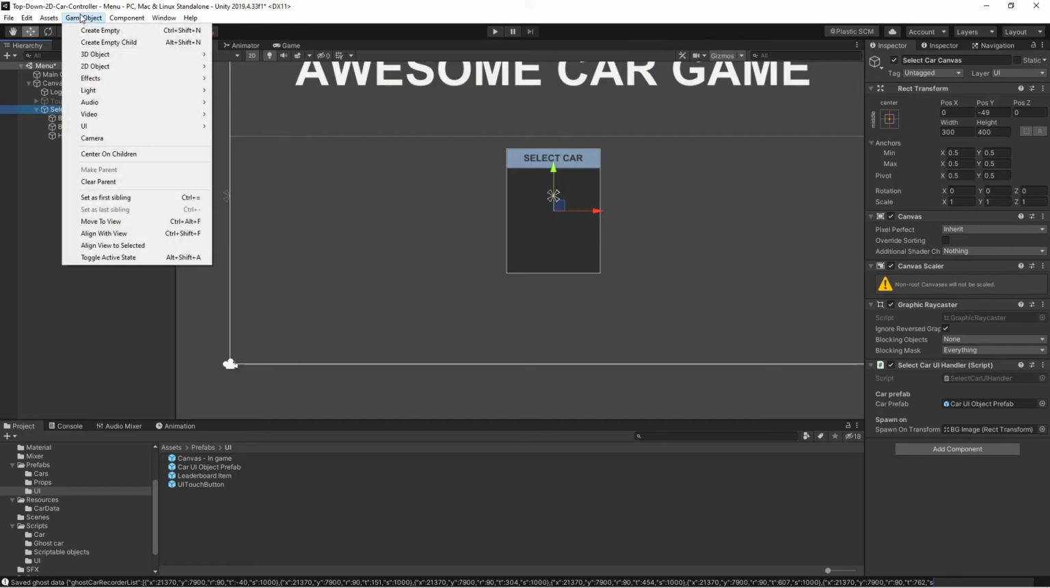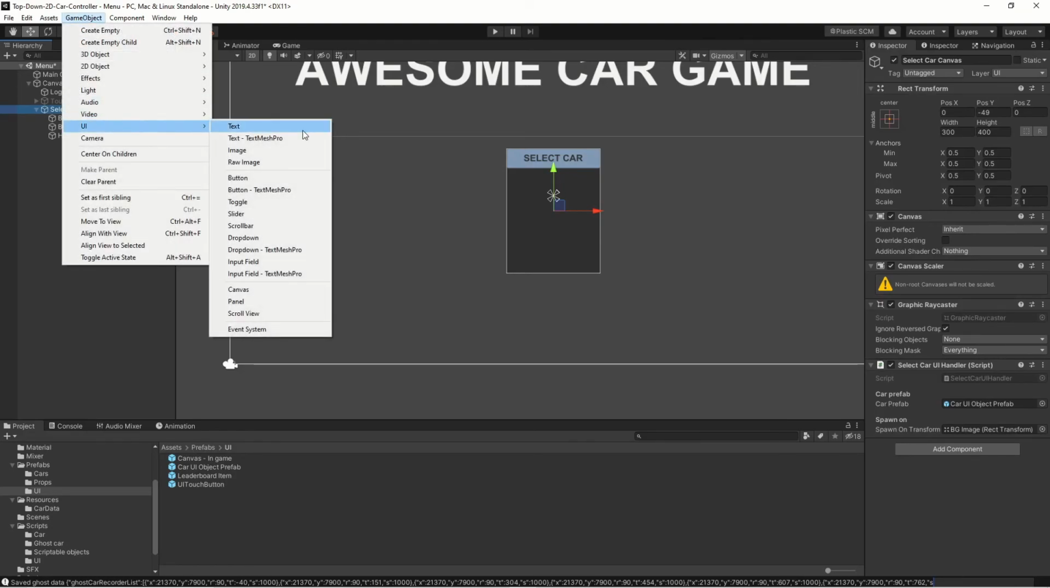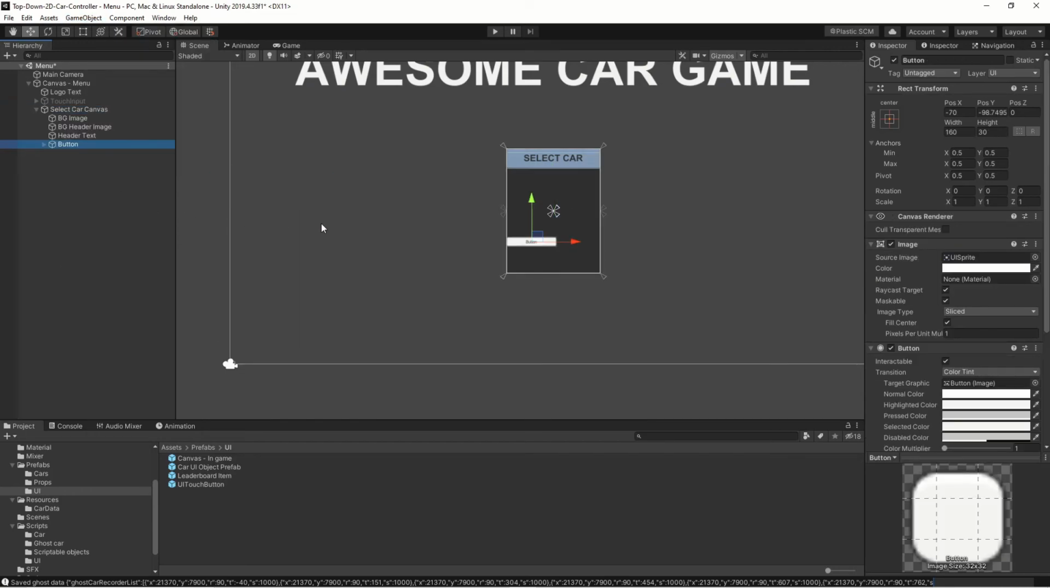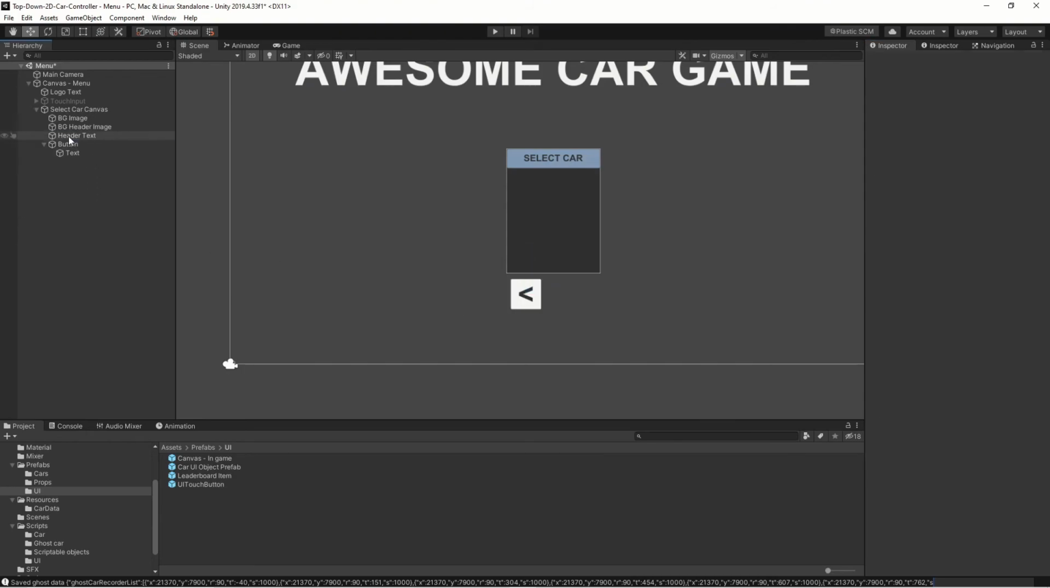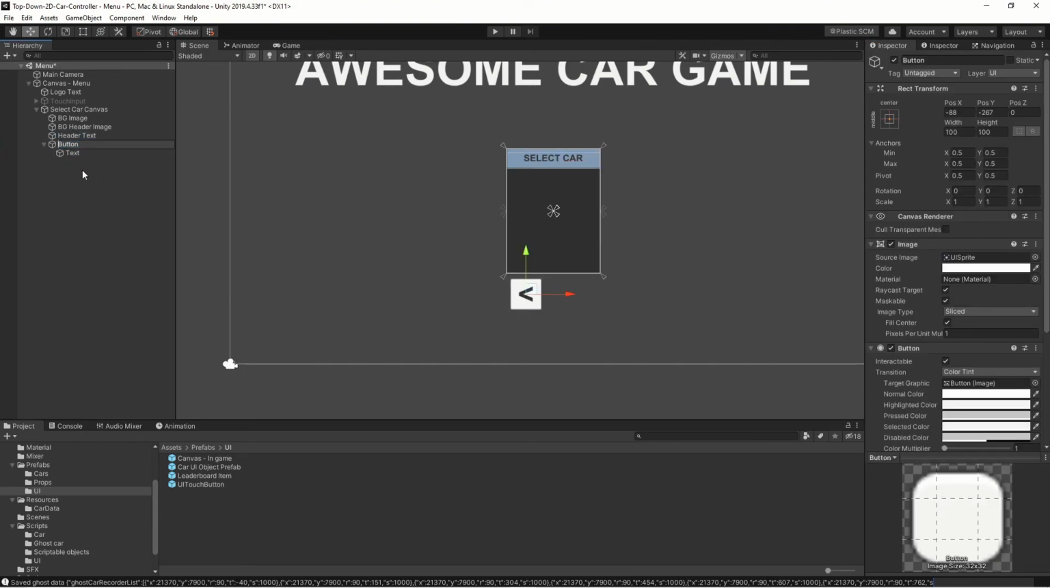So let's add some buttons, and we'll go under UI, and we'll take button, and let's move it down here and change it to a little bit bigger. This is going to be our left button, so let's use the smaller sign for that, and we'll make it bold and change the font to maybe 50, 70, 100. That's big. 90. All right, awesome. 90. So we'll call it previous car button,